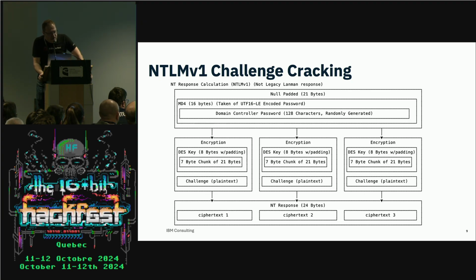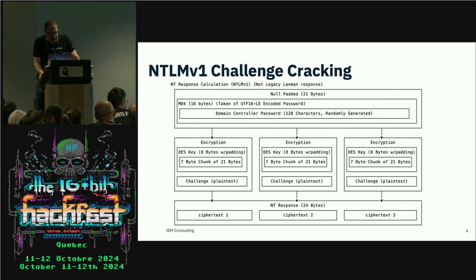So, you take a domain controller. All domain controllers in Windows have a 128-character random password, and it changes about every month or so, given 45 days, give or take, in an environment if your group policies are default. Now what you do is you NTLM encode this using UTF-16LE encoding, and then you do MD4. That's all it is. NTLM is just MD4. Shocker, but it uses a slightly different mode. Now you null pad that out to 21 bytes, which comes in handy a little bit later.